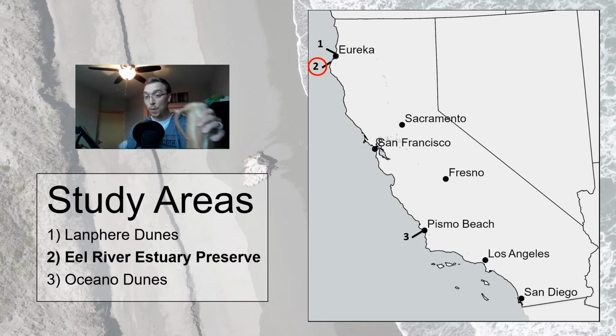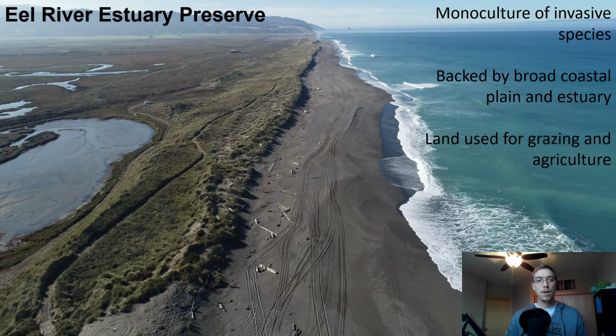So we're done with Landfair for now. We're going to jump over a little south along the exact same shoreline to the Eel River Estuary Preserve. So here's the Eel River Estuary Preserve here. A lot different of a system. It's what we call a monoculture, so it's really just a single plant type of that Ammophila arenaria, that invasive